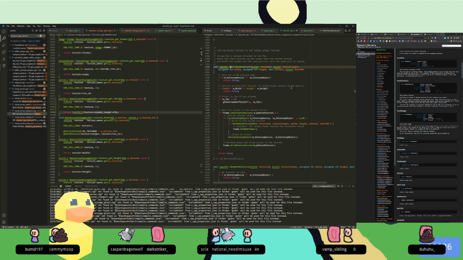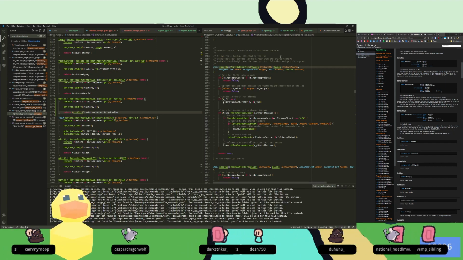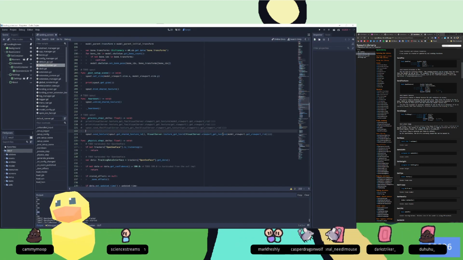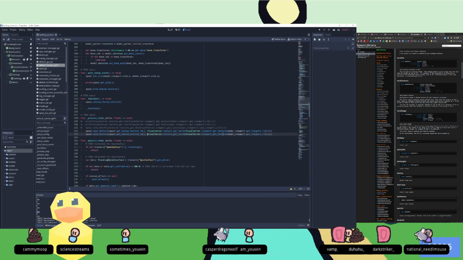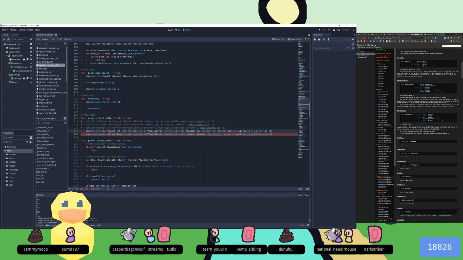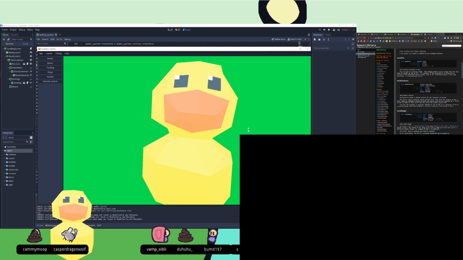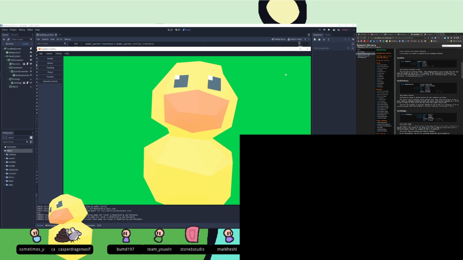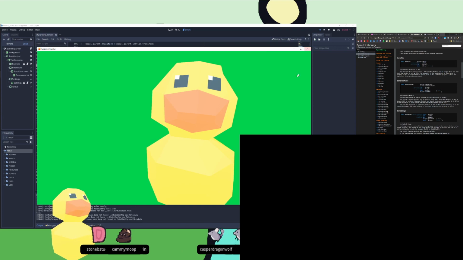Which one is the texture ID? Oh, is it the shared texture? Do I have this backwards? I think I might have this backwards. Yeah, I'm pretty sure now I have this backwards. You do that instead. And then that might be more correct. Yeah, that's better. So I have it backwards, but there is no shared texture on the